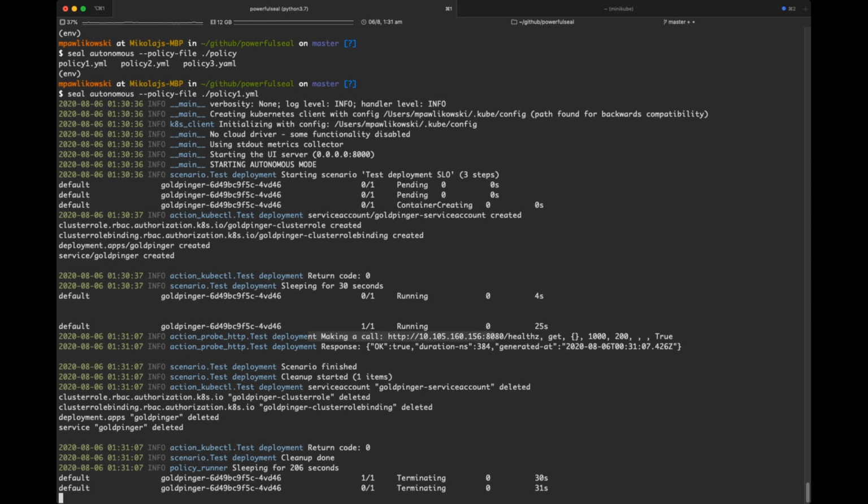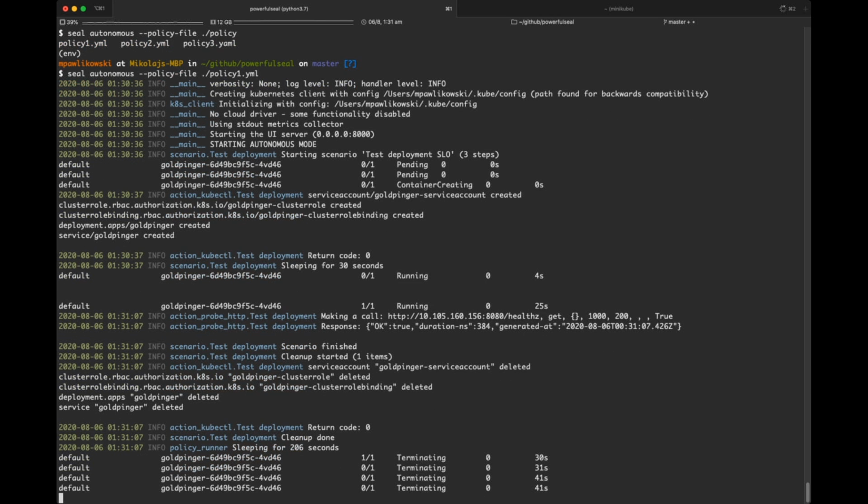Powerful seal tried to make the call. It got a response. You can see the response generated by Goldpinger. Scenario finished. Cleanup started. As you can see, that's the thing that I was describing before, the auto delete. It deletes all the things, the pod gets terminated, and Powerful seal carries on.